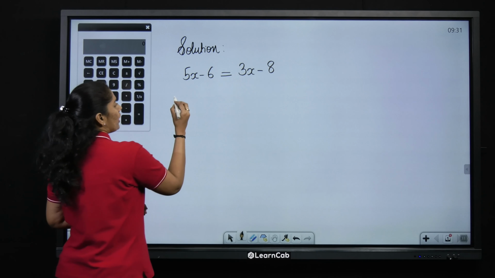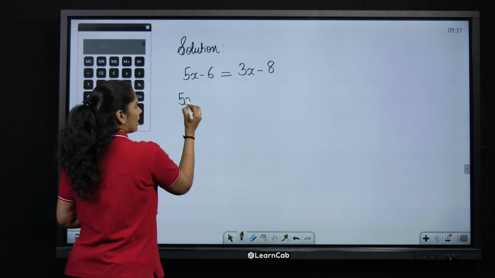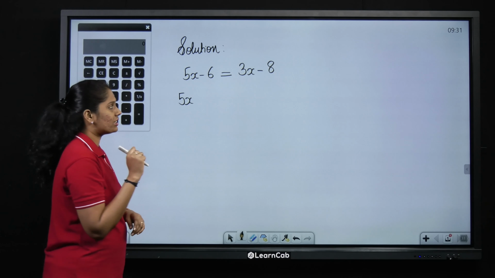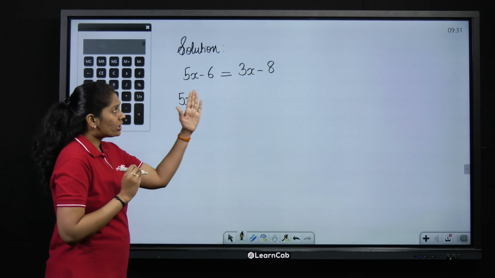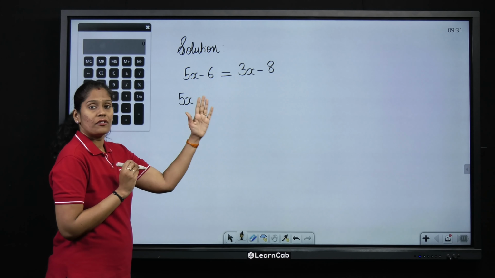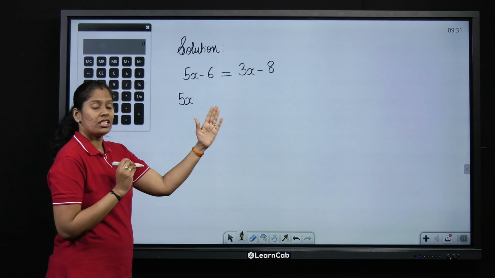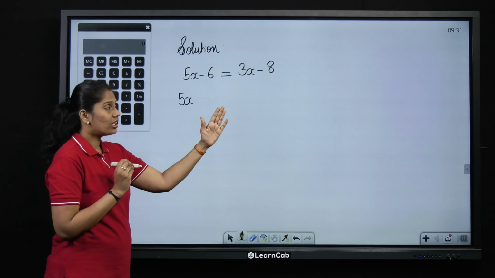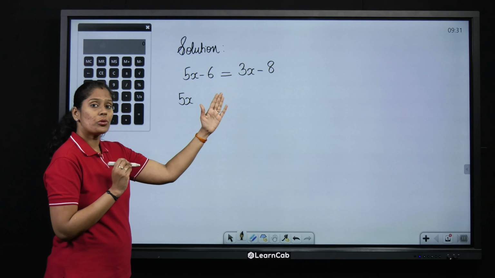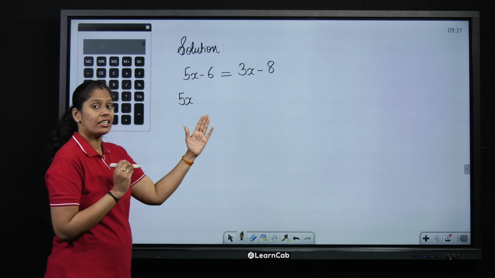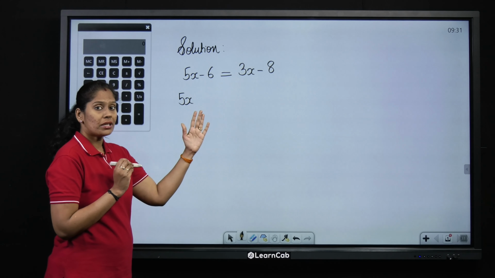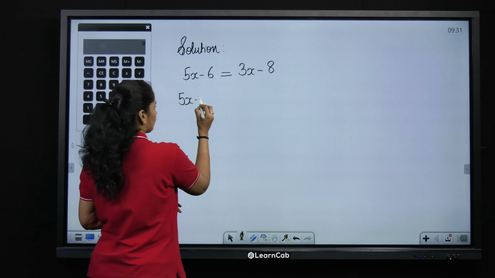Now 5x is already on the left hand side, so I write it as it is. Now 3x is a variable on the right hand side. I am going to take this 3x from the right hand side to the left hand side. So plus 3x will become minus 3x